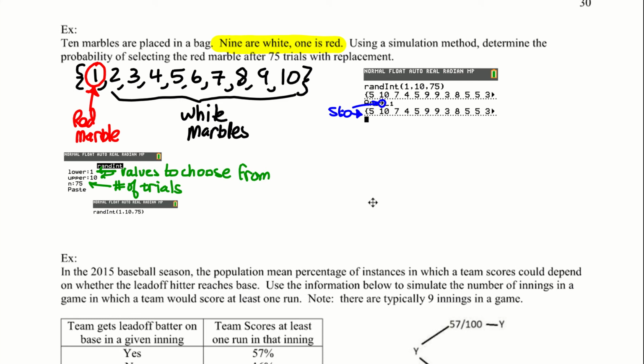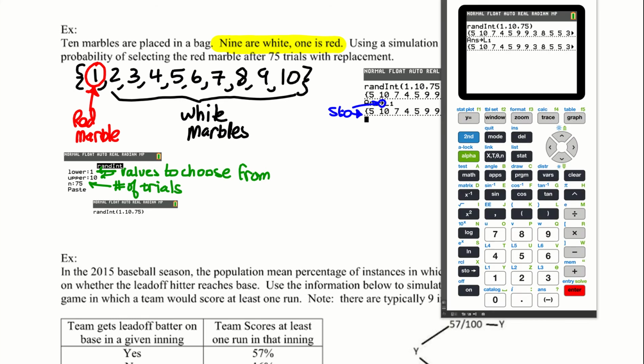Yeah, that's fine. We're going to just follow the next step and you'll see. All right. So it repeats the values. If you hit stat edit, it'll bring you into the list so that you can actually look at the list